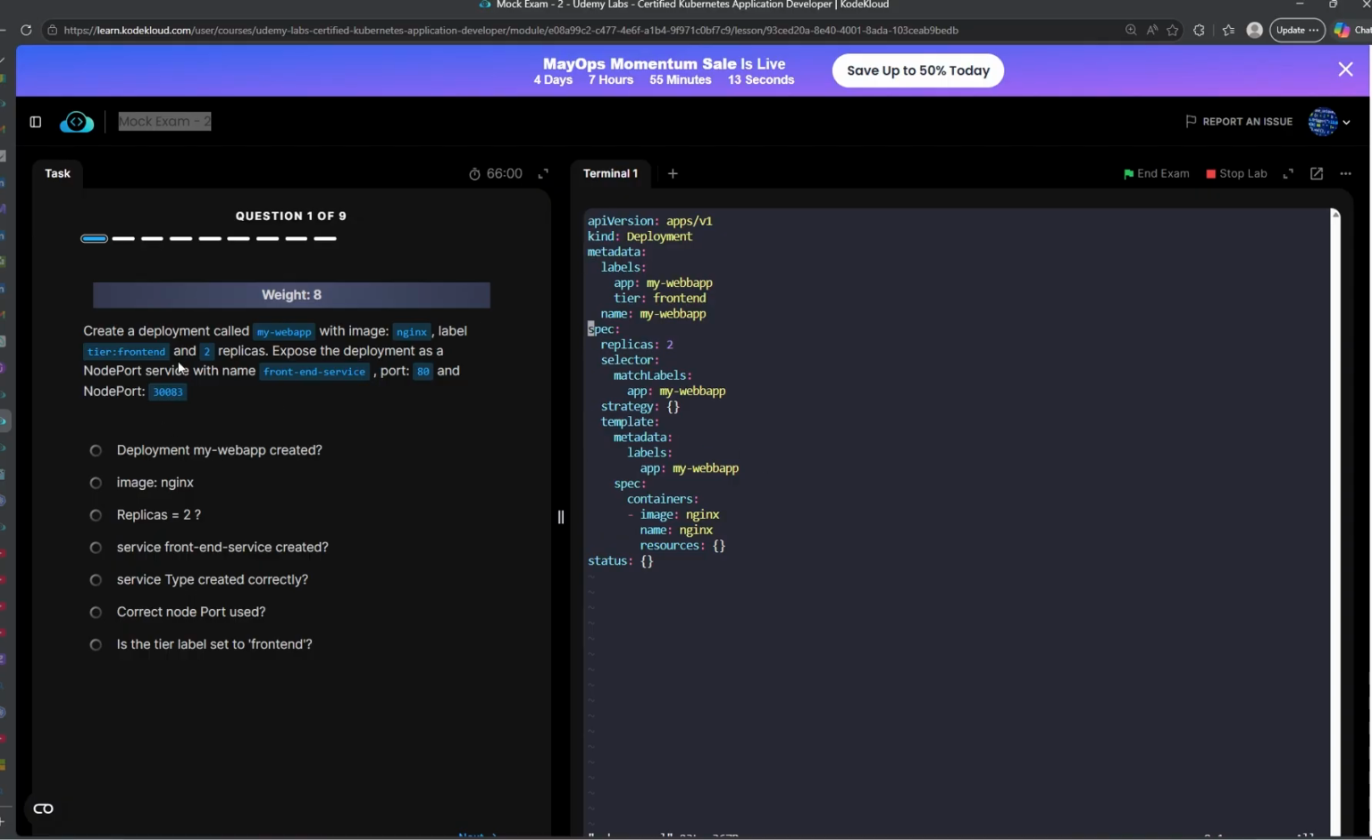If I go to the web app.yaml now, I can update this. Here we are being asked to add this label, tier equal to frontend. So okay, that label has been added. Tier equal to frontend, as you can see here. What else do I need to do? So I'm going to save this,